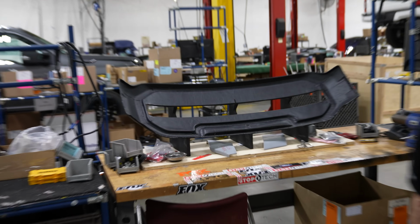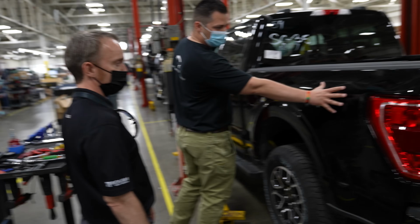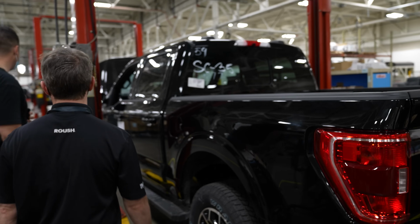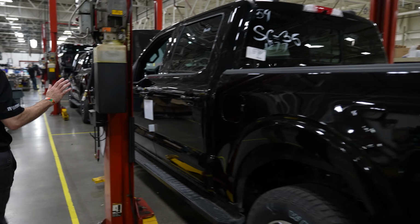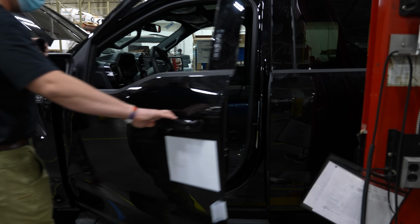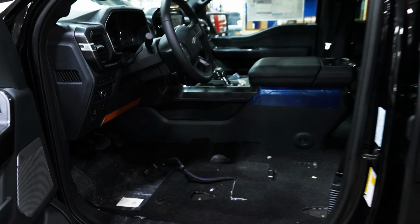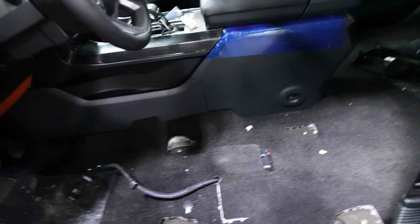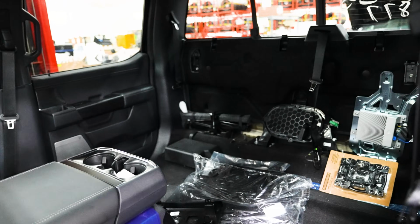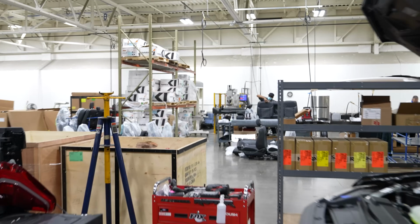I'm assuming these are four-wheel drive trucks, but I see that the sticker has been removed. I'm assuming getting ready for the body work, is that right? That's correct. As you'll see, this is going to undergo a pretty massive change here. Wow, I think something might be missing out of this truck. So this is an XLT trim level, so why are the seats pulled out of the truck? Because they're being recovered